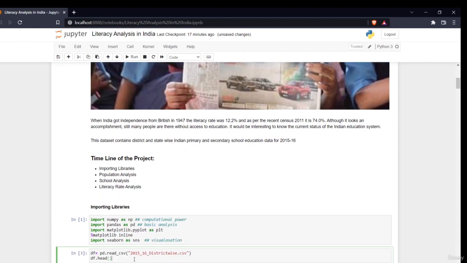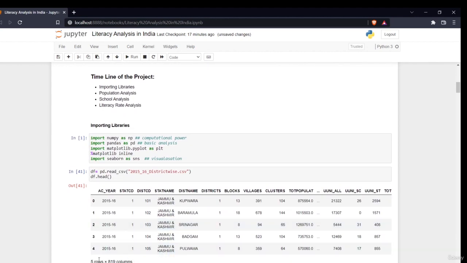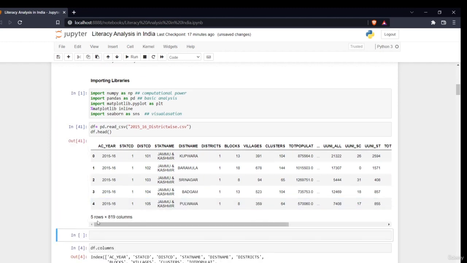Now if you want to see the data, this is our data set, around 5 rows and 819 columns. Why 819 columns? Because, as you know, there are around 819 districts. If you just go down and see